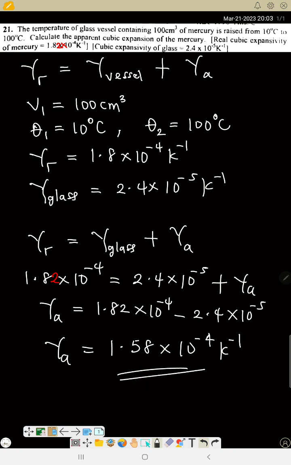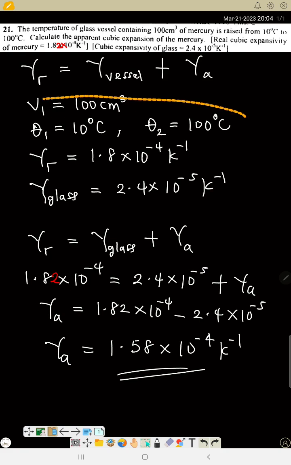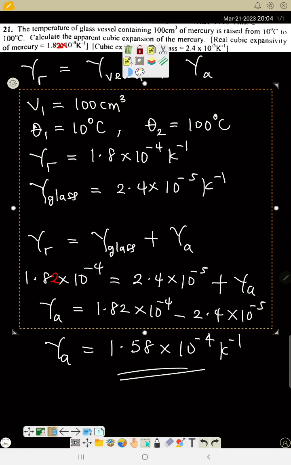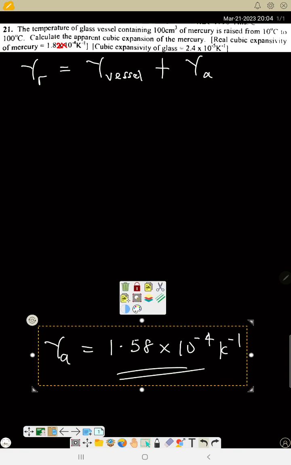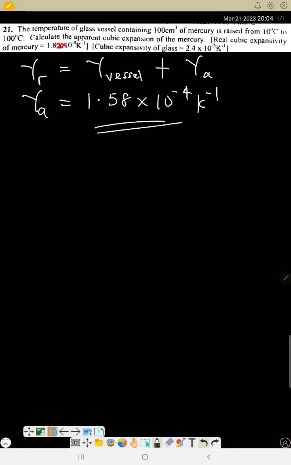But what we want to find is the apparent cubic expansion, not the apparent expansivity. To find the apparent cubic expansion, we have 3 formulas depending on the information given. So let's take note of this value. We have 3 formulas that we can relate here. First, know that it depends on your question. This apparent expansivity can be